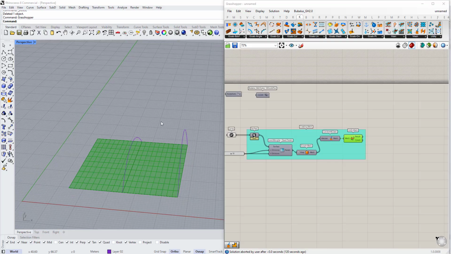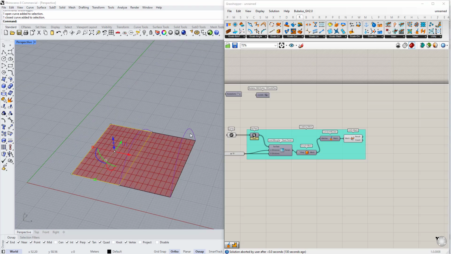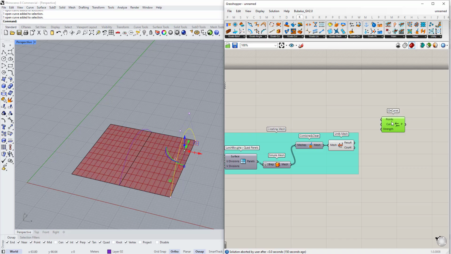Step number 2 is selecting the right edges and faces for the simulation. So now we have these curves. We want to select these edges and these edges to be able to project them into this curve. If you come here in the goals, you will find this component, on curves. So we have the input points and the input curves. So we want to select these points, only these points, to project them here,